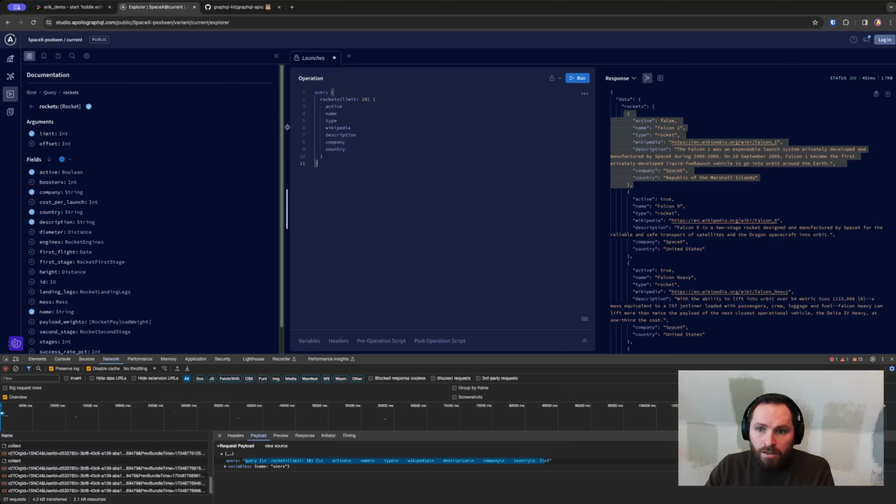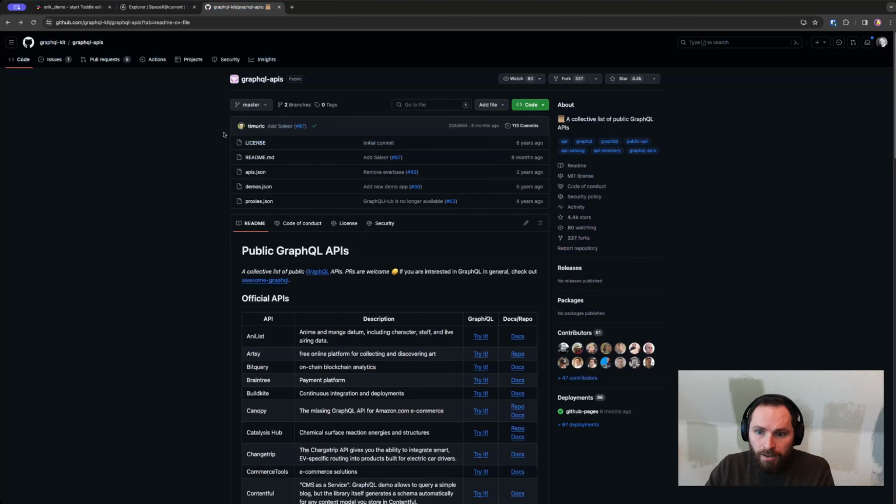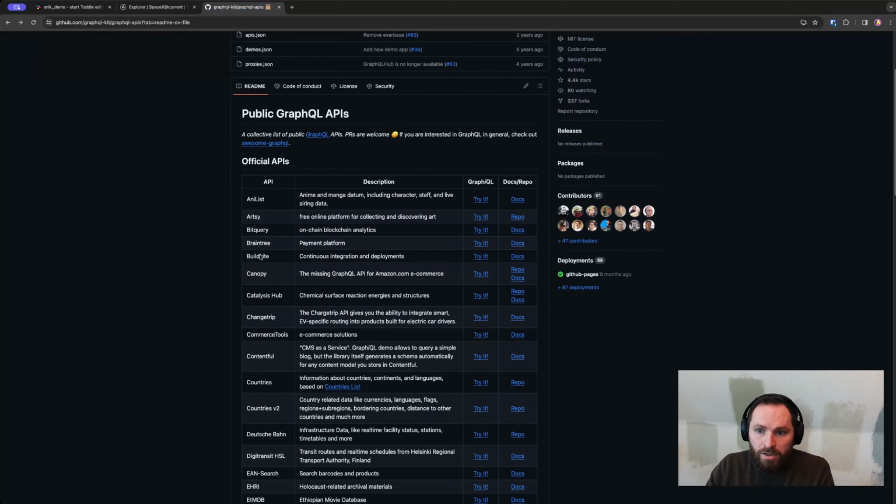If you want to find some example GraphQL APIs, there are plenty. I'll link this repository up, which has a long list of